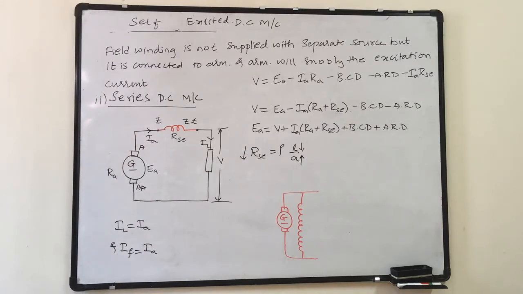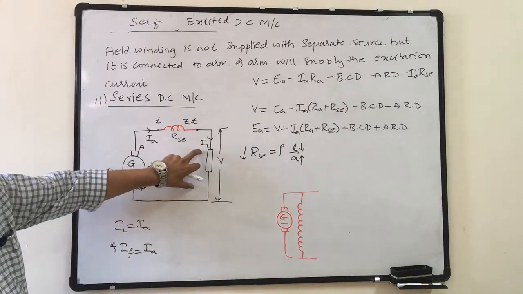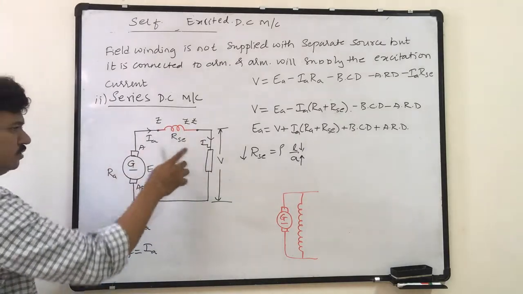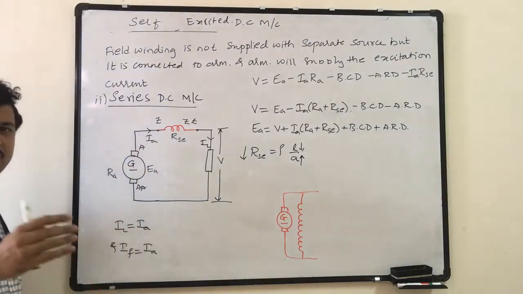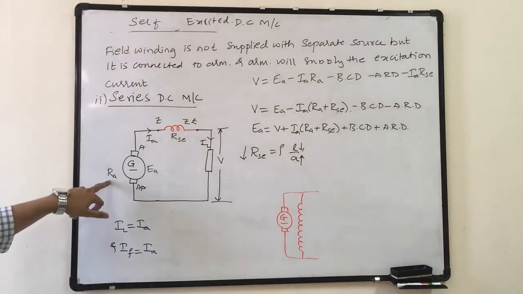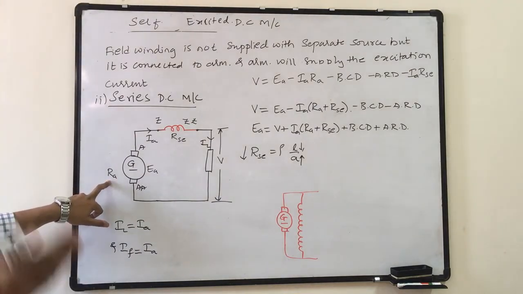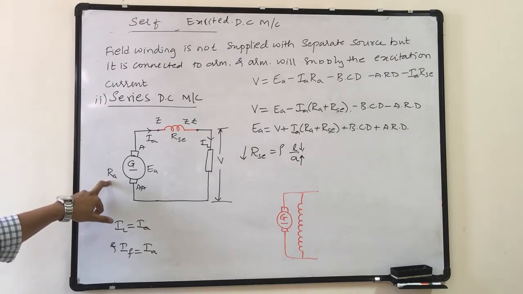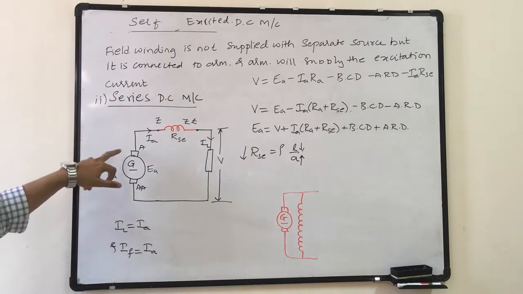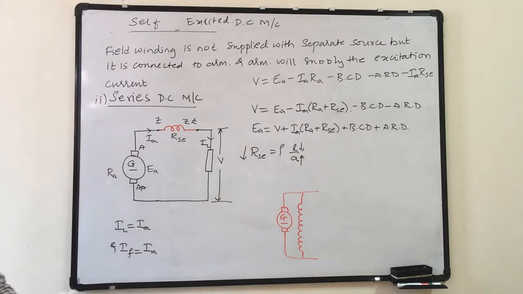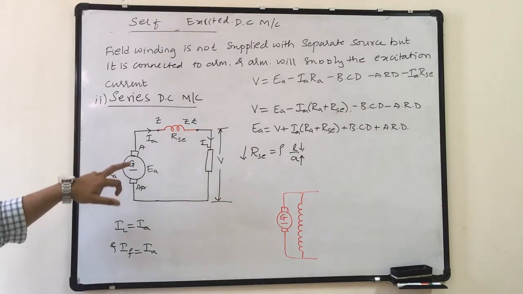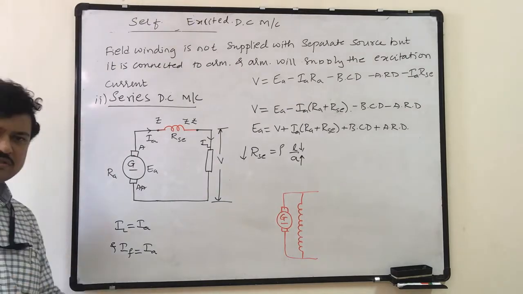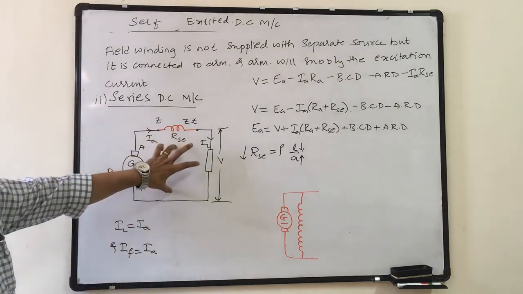I don't get a good amount of voltage at the load. I want voltage at the load, so my drops in this path should be very small. But I am helpless with RA, because it comes with the implicit resistance of the winding, since winding length is a function of voltage. Brush contact drop will be there. Armature reaction drop will be there. So I know beyond these three what amount of voltage is available.